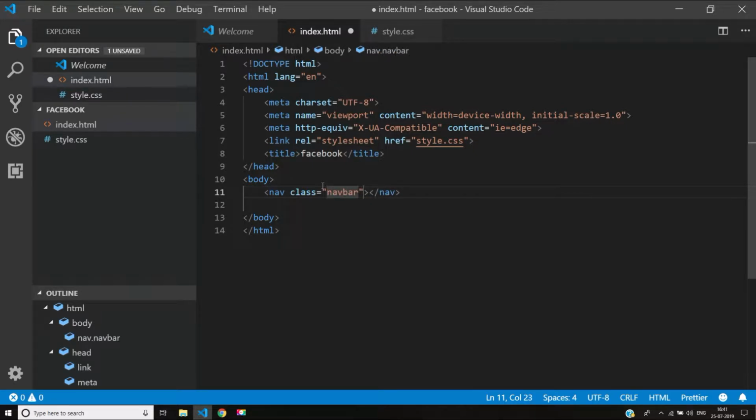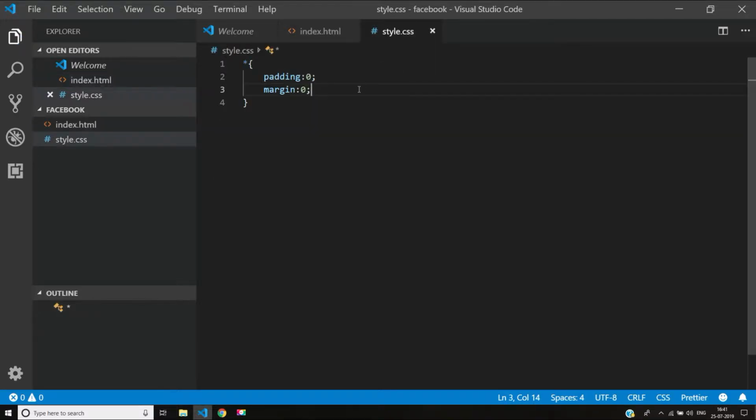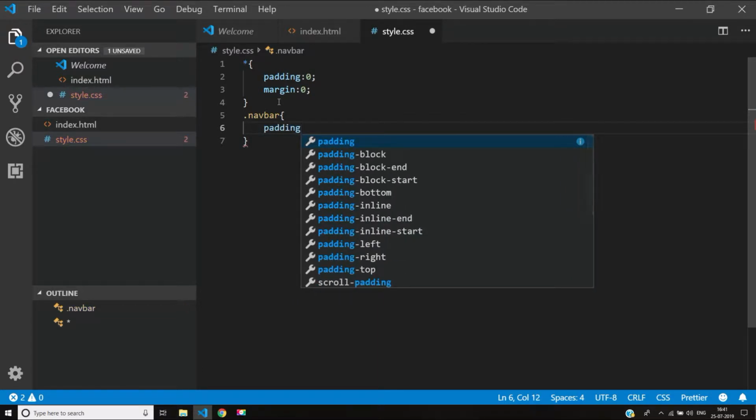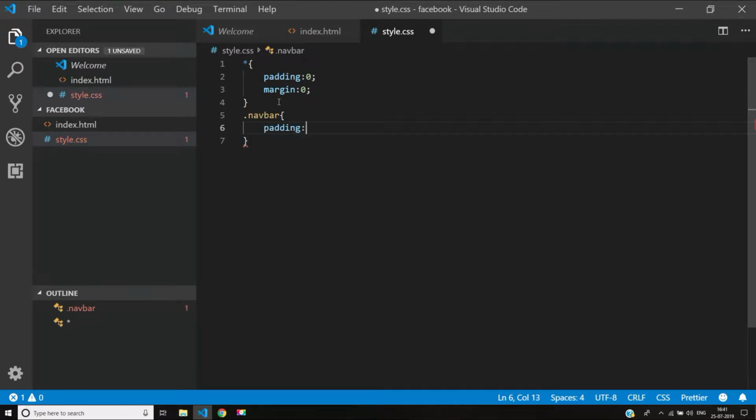Let's quickly create a navbar class and save it in the CSS file. So this is the navbar class. Inside this I'll give padding top and bottom 40 pixels and left and right 0 pixels, and save it. And background color,